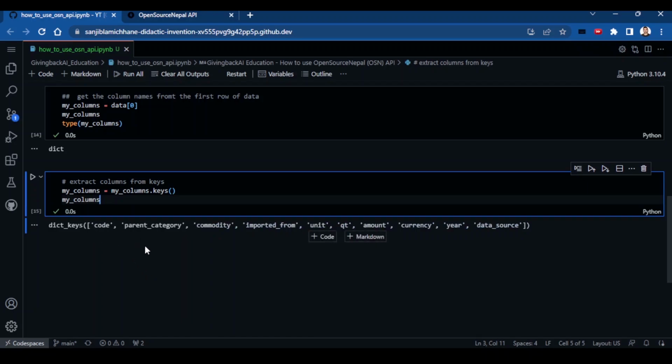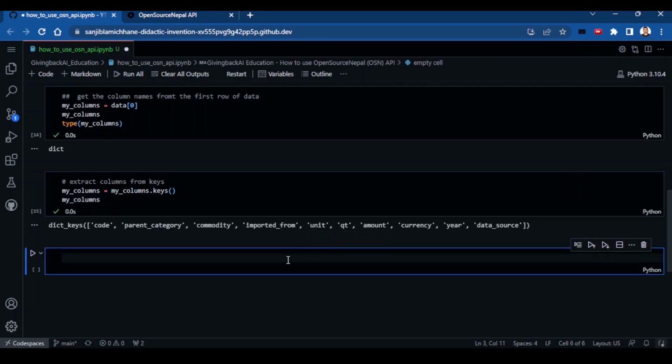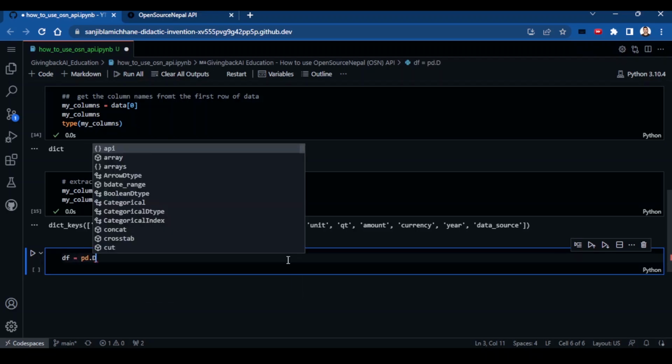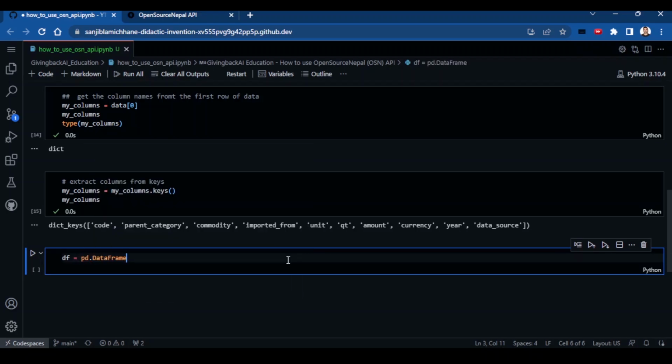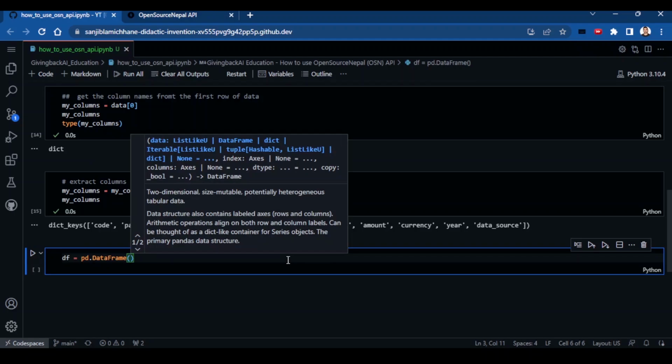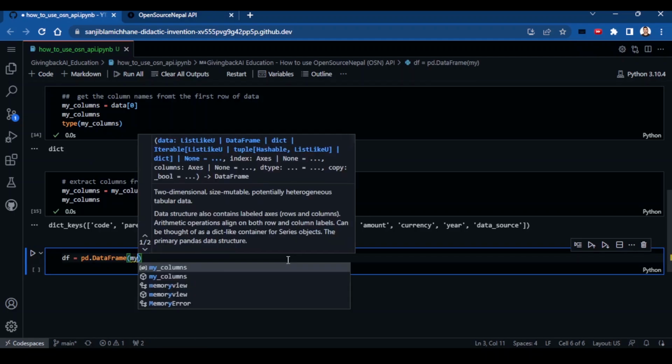But how do we convert these keys as the names of our data frame columns? So to do that, let's create a new cell that has df equals pd.DataFrame, and inside here, what I'm gonna call is my columns.